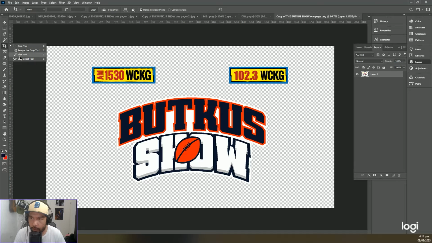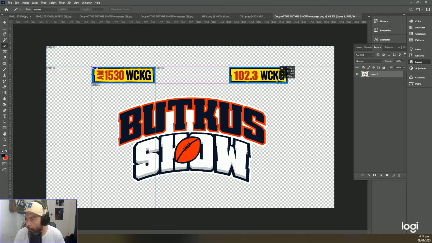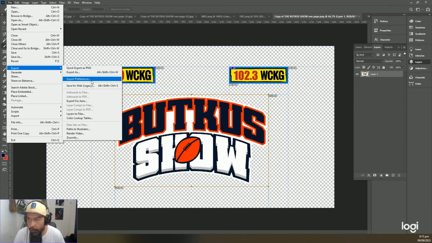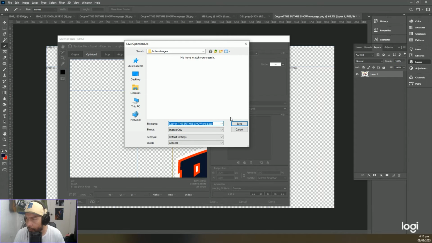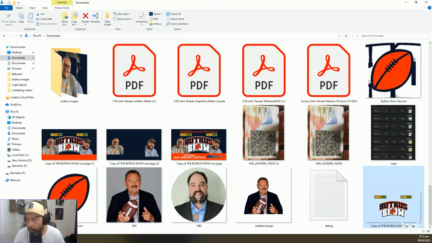We slice this. Slice to see if it's the same size. If not, then I think it is the same size, right? No, it's not. So slice it again. Slice the logo. Then you export. Save for web and devices. PNG. Yeah, see. Okay. We still have